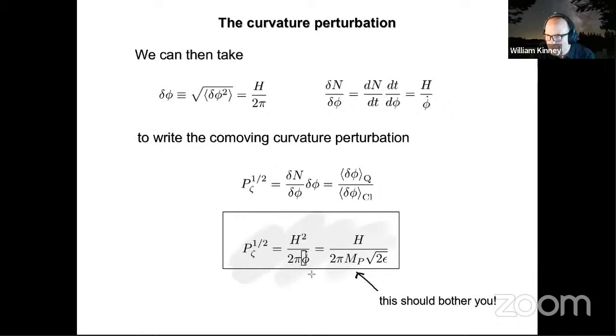Because the de Sitter limit is when phi dot goes to 0. So I've just told you that I can do linear perturbations about something perturbatively close to de Sitter space. I can calculate the curvature perturbation amplitude in this linear perturbation theory. But then as my linear perturbation theory gets better and better, as I get closer to the de Sitter limit, my curvature perturbation amplitude diverges as my approximation gets better. So one thing I think that everybody who studies inflation wonders about is, what the hell? When phi dot goes to 0, this thing goes to infinity.